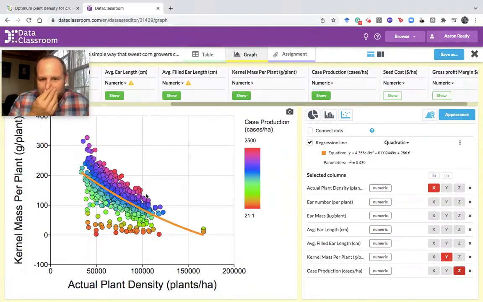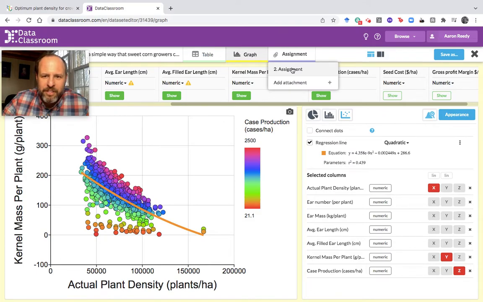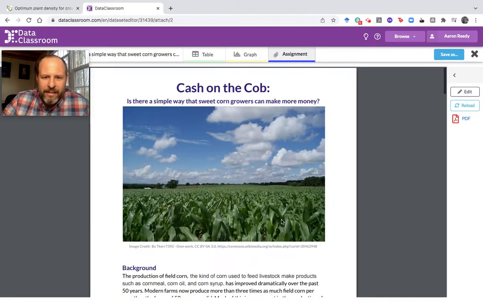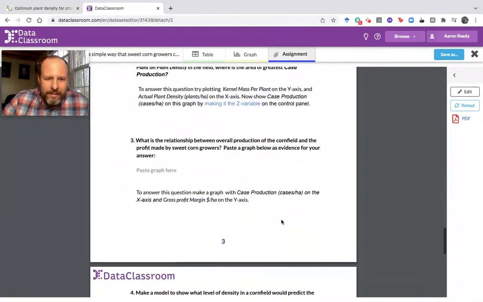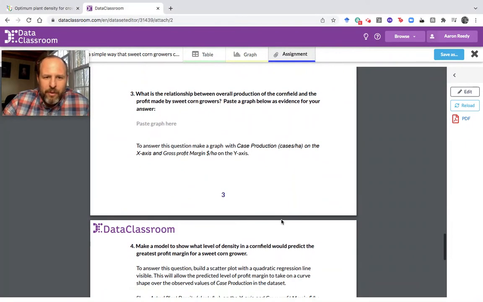in the field. And so you can see that these high production data points stretch from roughly 50,000 to roughly 100,000 plants per hectare, and so in this case, production is not determined by the per plant production exactly, and we'll explore this a little deeper with the next set of questions. So if I go back to the assignment again, and now the next set of questions is,